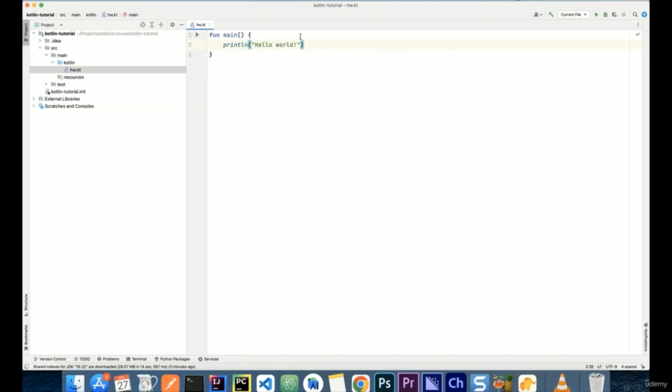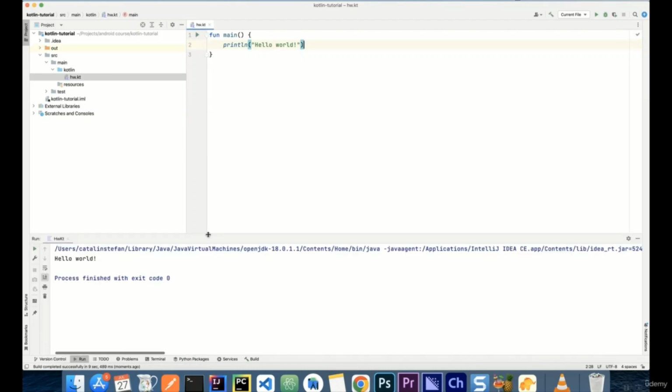So let's go ahead and run our program and see the output. To run the program, it's actually very simple. On the top right side, you will have this green play button, and if you hover over it, it will say run hw.kt. So let's go ahead and click on it. Okay, you can also have a keyboard shortcut if you prefer, but let's just run it like that. I'm going to wait for this to finish in the background. And then we get our console down below. Okay, you see here the tab Run. There's many tabs that we're going to use throughout our course, but for Run, we have the output Hello World.